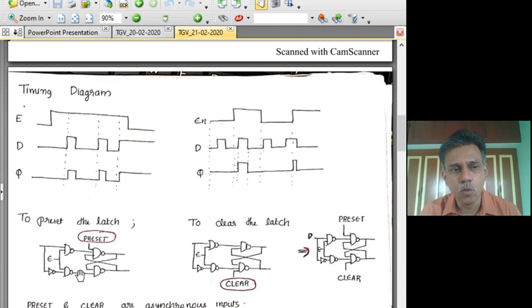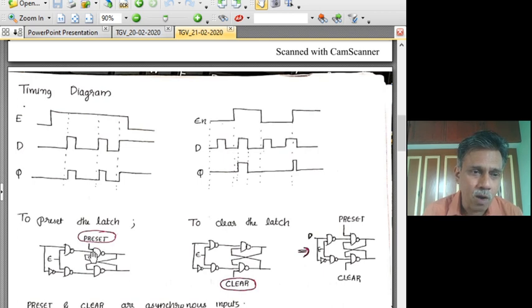But mostly this would be tied to a clock which controls the various circuitry building blocks of a larger digital circuit. Whenever a clock pulse comes, the different latches are enabled and they will work. But if you want an individual latch to be set or reset, we cannot do it, because this enable is going to be a clock which not only controls this latch, but also many other things. So we can only control in one go using that enable. We would like to have one more level of control of these latches.